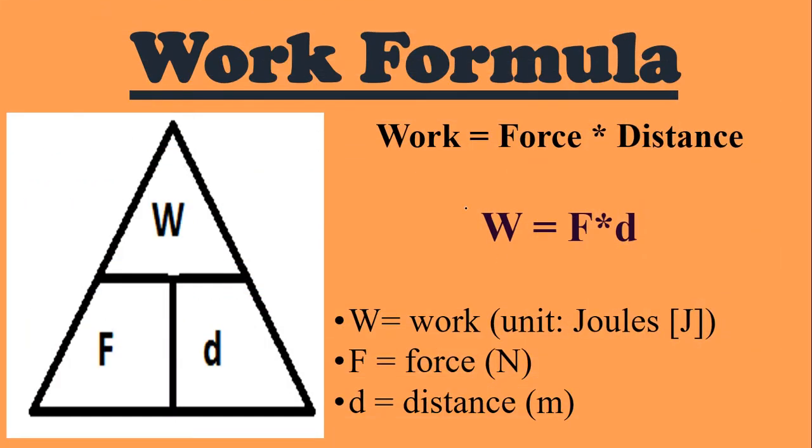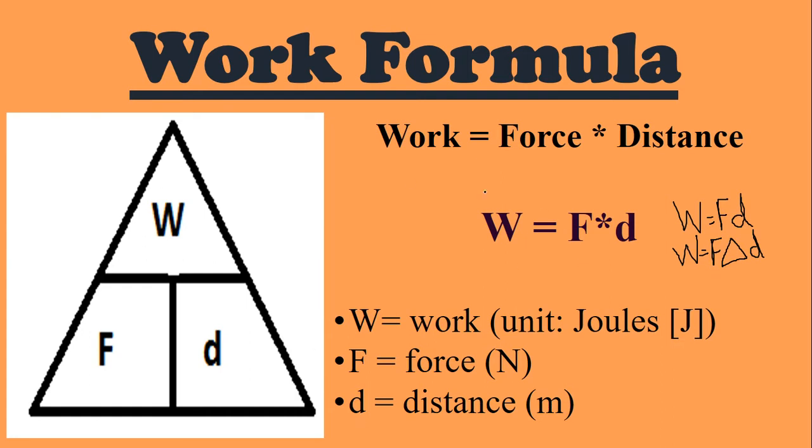The work does have a formula, so algebraically you would say work equals force times distance. Or using our symbols, a capital W equals a capital F times d. Sometimes people write it like this. Or they can write it like this. All right. It all means the same thing. So the capital W means work, and the unit for work is joules. The capital F means force, and its unit is newtons, and the lowercase d is distance, and its unit is